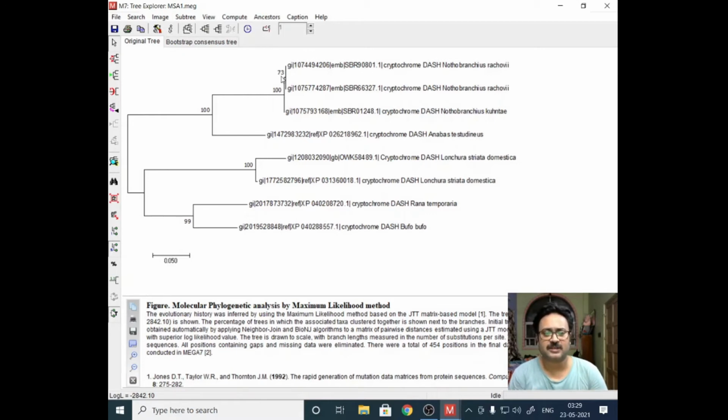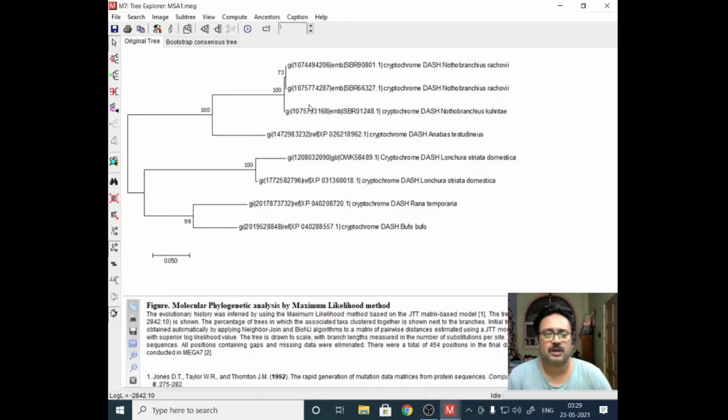So this is just an example. Generally, you do this for two different families or two different species. These two are basically the same species, so this is just for an example, and that's why I didn't pay that much attention here. Ideally, you shouldn't take the same sequence twice.